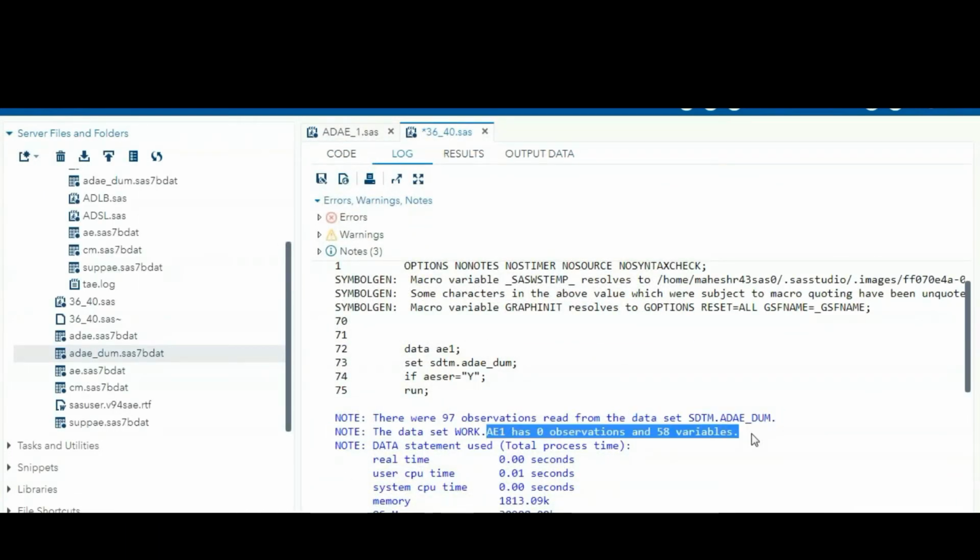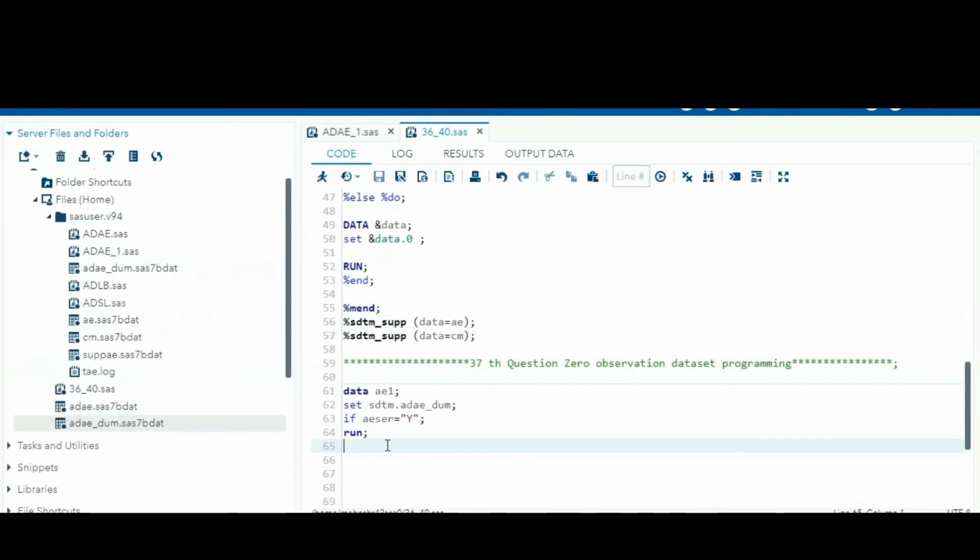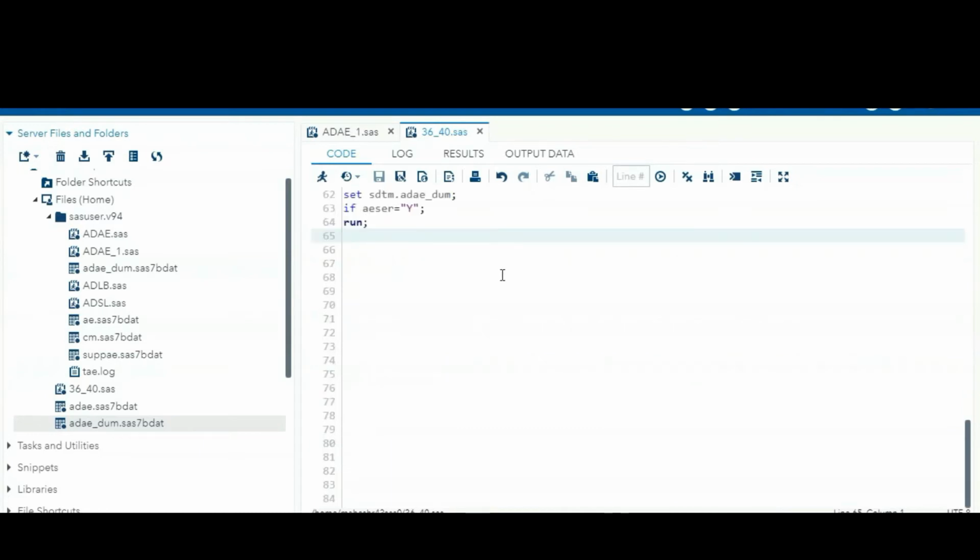In that scenario, how can we handle it in the report? You have to write dynamic code here also, because sometimes the observations may be present and sometimes not, as the data is going to be updated. In future, if the data set is updated with a serious adverse event, you can find the observation. If you directly write the 0 observation proc report, then even when observations are present it will show only 0 observation. So how to write the dynamic code for that?